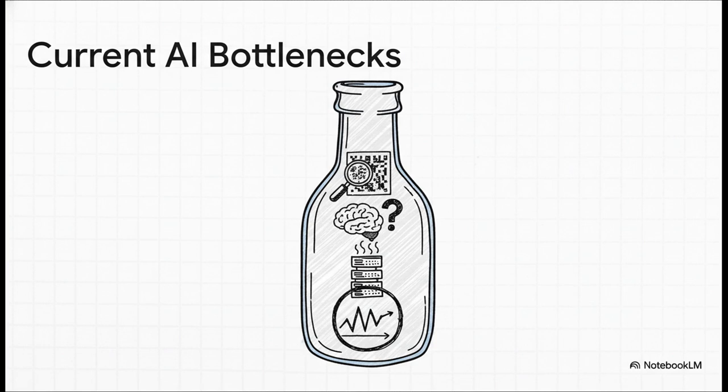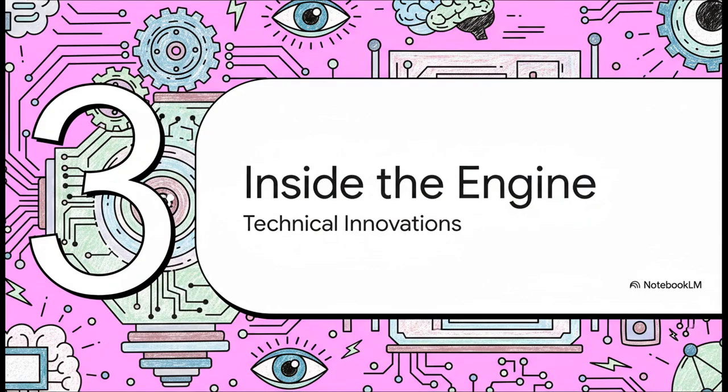So, what are those missing cookie layers? Well, the report points to some pretty specific bottlenecks. For one, these models struggle with tiny visual details. They have a limited grasp of the bigger context. They're also computationally super expensive to run, and honestly, their performance can be all over the place depending on what you give them. This is the foundation that Qwen 2.5-VL was built to fix. So, the big question is, how did they pull it off?